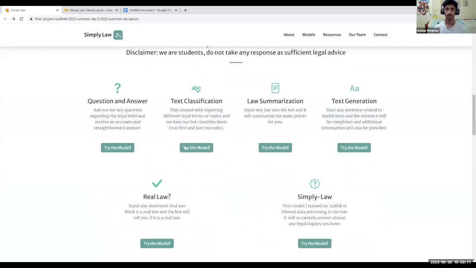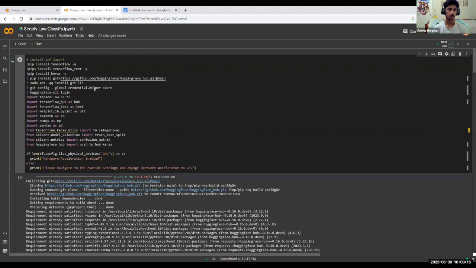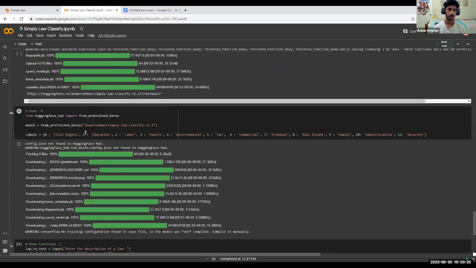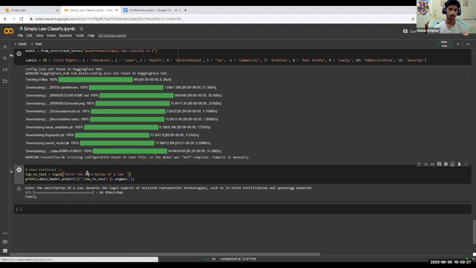All right, let me share my screen here. All right, so if you click on the text classification, it'll take you to Colab because Replit needs to make money somehow, and there wasn't enough space to import the model. So anyway, if you want to demo this, you just run this first block, import your own Hugging Face token, run this block, and this one.